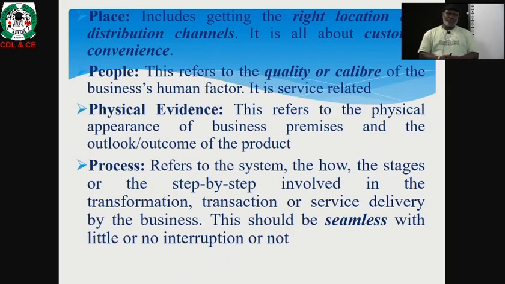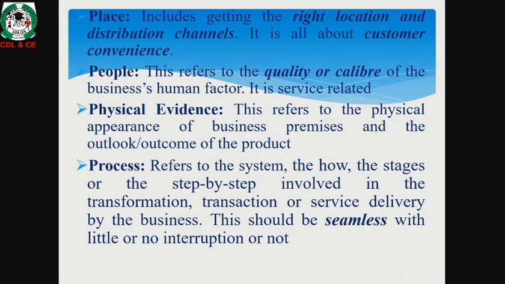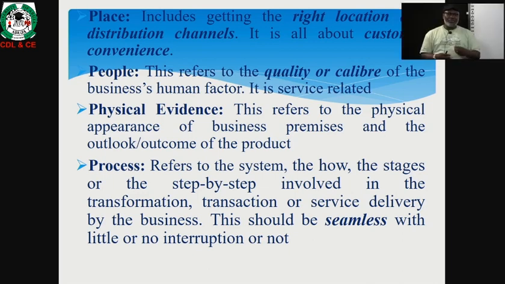The next tool that we'll be discussing is place. Place refers to the location of a business. The essence of place is to create purchase convenience. That is, where the customer can conveniently access and buy the product or access the product of a business. This is very, very important. In our earlier session, we talked about the location of the production plant. And in this case, we're now talking about the places where the customers can easily access the product of a business. It has to be strategic.